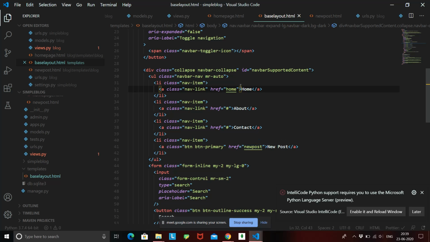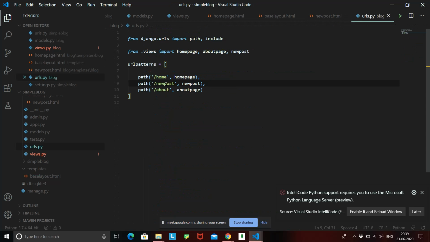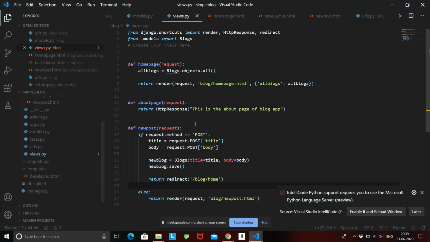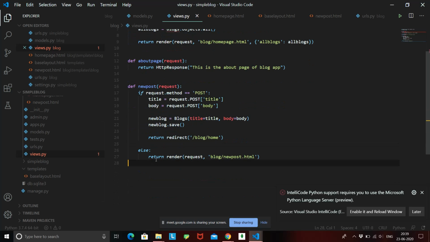Inside our urls.py we handle this path, saying once this path is encountered, we need to go to this function. Once this function is called, what it initially does is just render out this new_post.html, because currently we don't have any post request. What we have is a simple render request once the button is clicked.